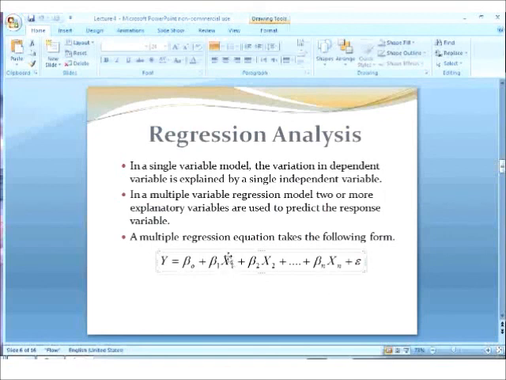In our example, x1 could be speed, x2 could be lane width, x3 could be median width, and x4 or xn could be segment length or number of accesses, etc. Beta 1, beta 2, beta n. Beta 1 is called